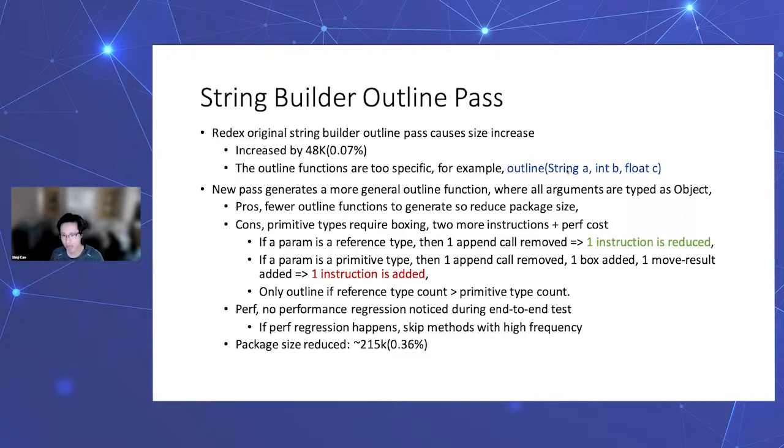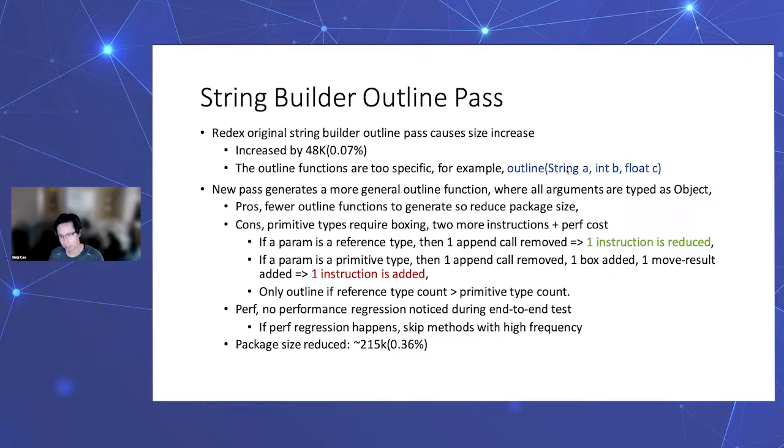So we did some improvement on top of that. The improvement is that we generate outline functions where each parameter type is more general. So the outline function and each parameter are typed as object. The pros is obvious, because we can generate fewer outline functions, and therefore reduce the package size. But the cons is like